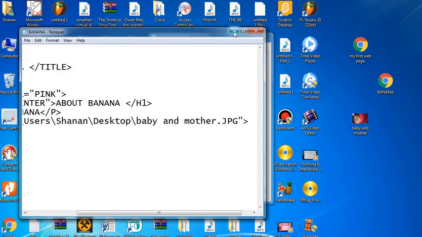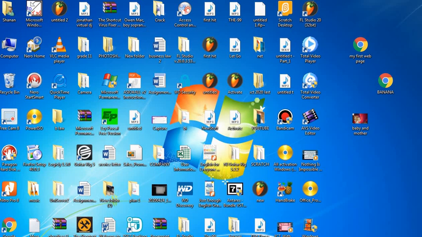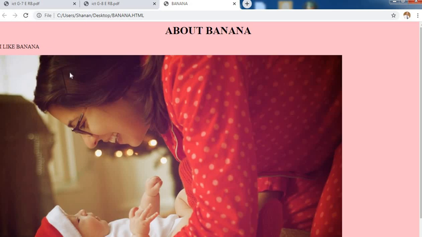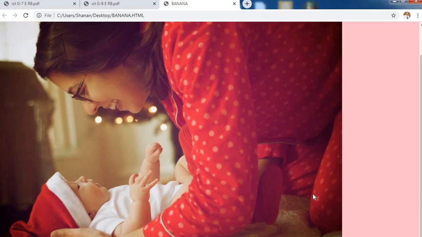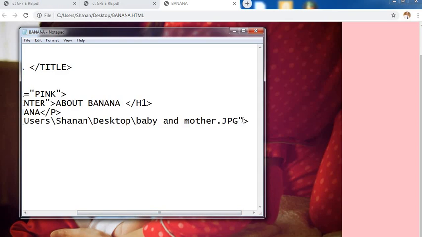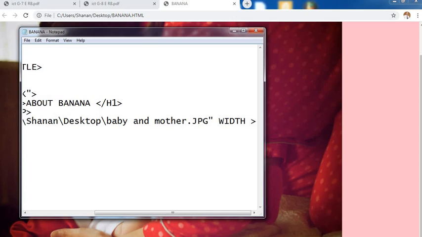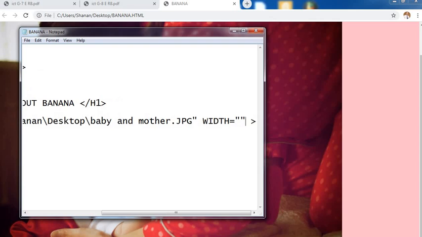Let's go and see how it looks in the browser. Refresh. Now you will see the picture is bigger. It doesn't suit. Now I need to make it smaller. So you go back again over there. After typing that, after the inverted comma close, you can write width equals to, with a single quotation mark I'm going to put, let's just assume I want it to be 25%